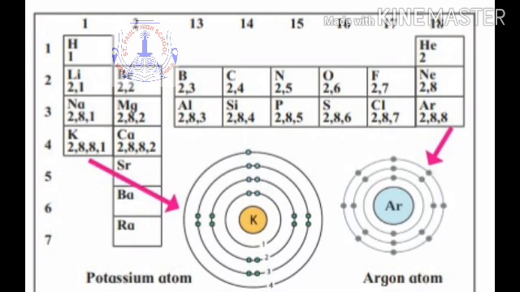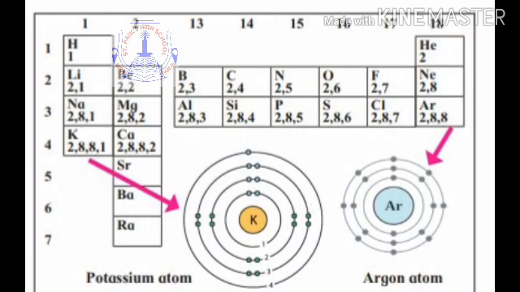What is meant by the term atomic size? Atomic size is nothing but the distance between the nucleus and the last orbit. Atomic size depends upon the atomic radius. Suppose, for example, I've just drawn a simple structure of an atom over here. This is the nucleus of the atom, and these are the various orbits. Now the distance between the nucleus and the last orbit tells you the atomic radius.